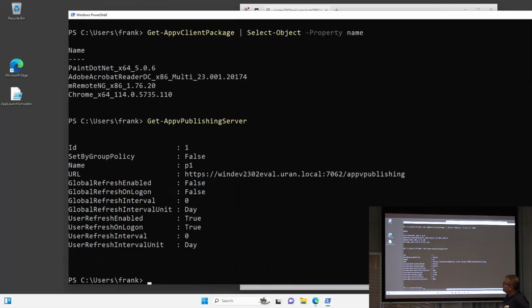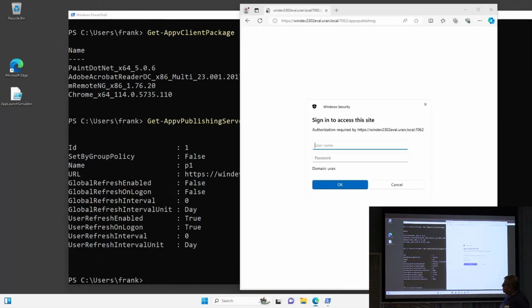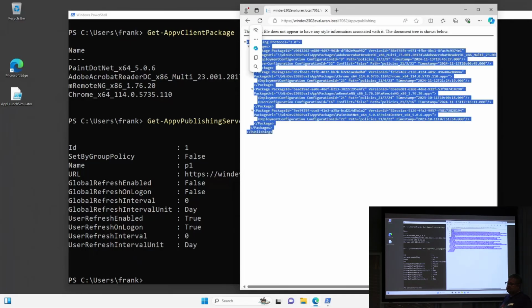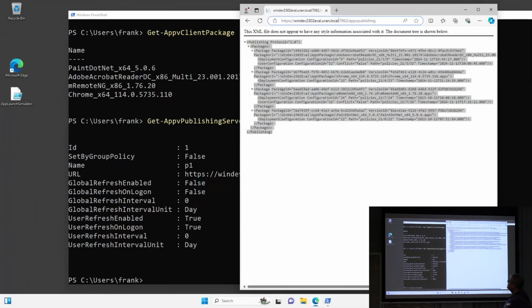Peter said yesterday that the synchronization works because the synchronization process used a computer account. That's the reason why this is working.